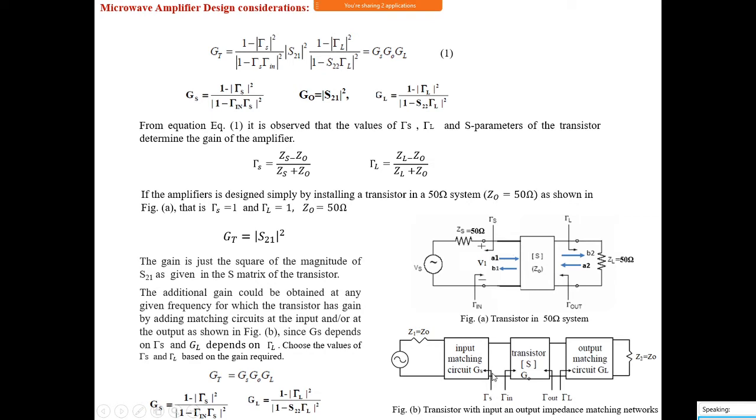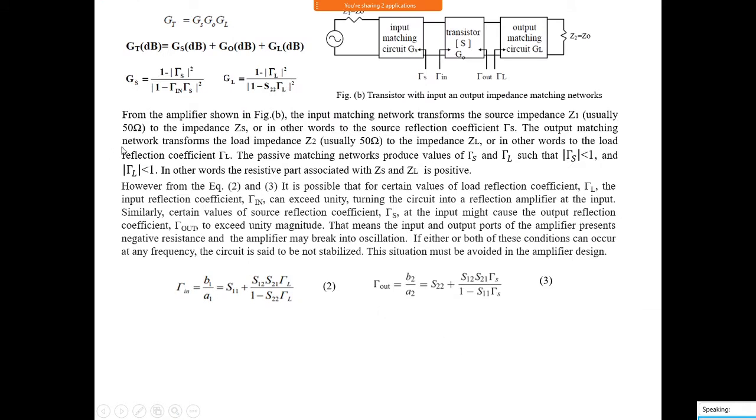That's why, looking towards this direction, we should have an impedance that gives 2 dB here. That's why the impedance matching network is there. This impedance matching network transforms the source impedance, like 50 ohm, to the impedance ZS that gives the 2 dB. That's why we have to use this impedance matching network. So I have stated that here.